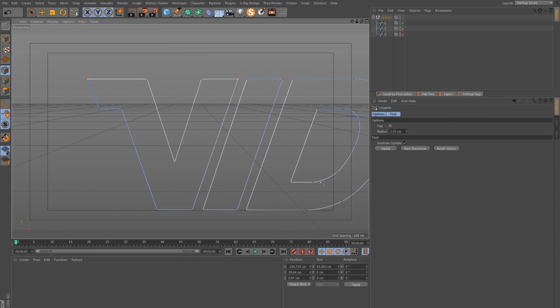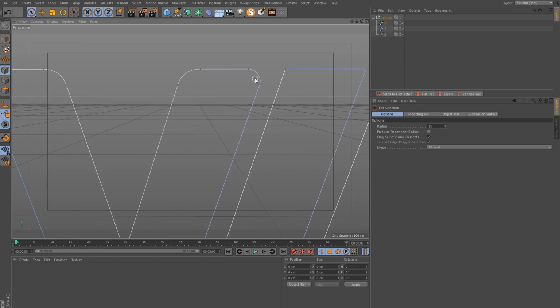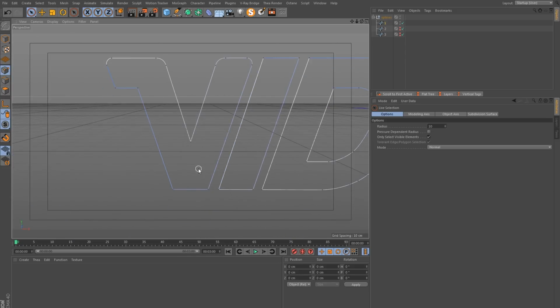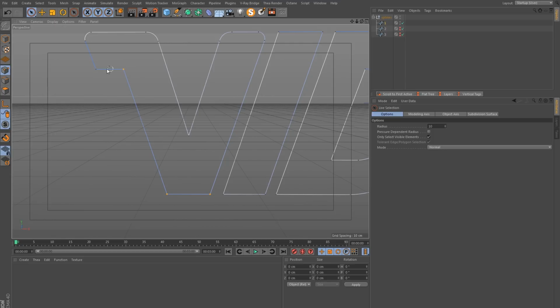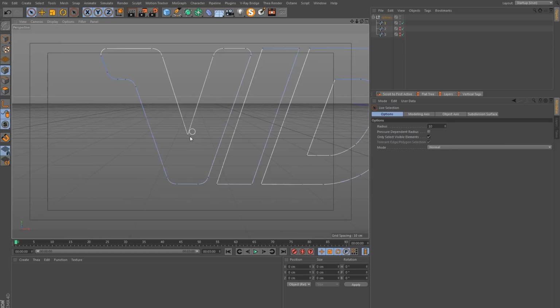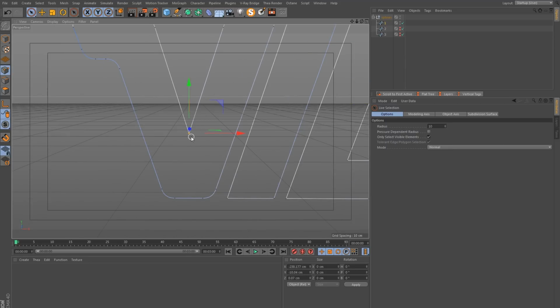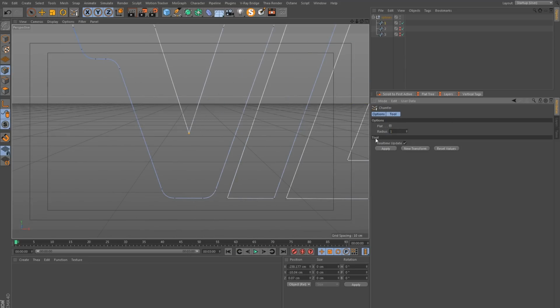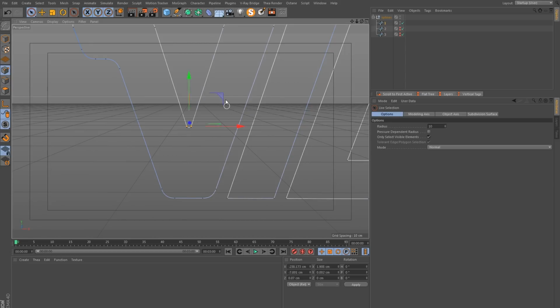So if I go to chamfer, let's have a radius of 3, and on the inside angles it will need to be 6 to give us roughly the same type of radius as we see on the outside here. So this is just something you'll have to be aware of, but these corners here, these other 4, are a similar type of angle, so we can use the same value again. And this corner here is the sharpest, so I need a much lower radius, let's say 1.